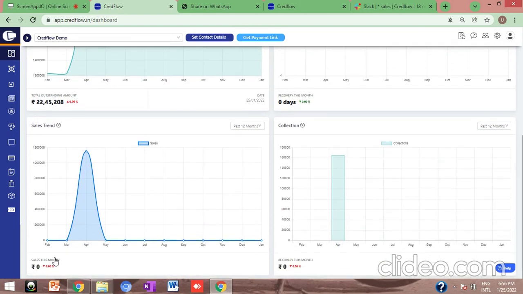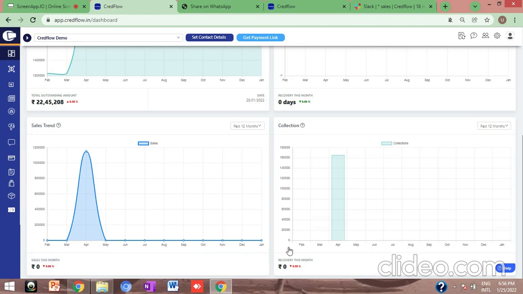Here, the third graph reflects the sales value for this month. This is the exact sale made for this month, and you can easily monitor the month-wise sales achieved. Even the sale value can be compared with respect to last month. If it is in red, it is showing that the sale must have decreased, and this is not good